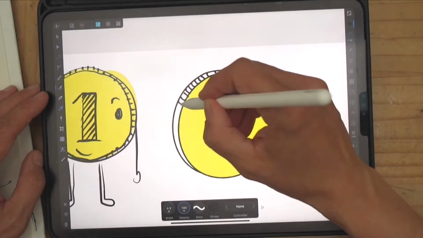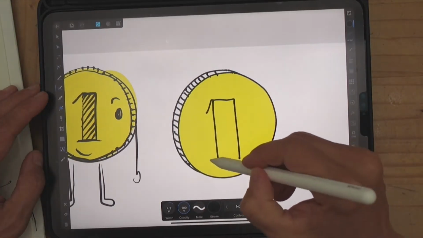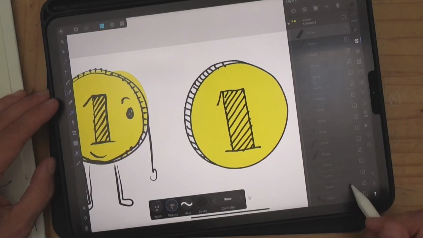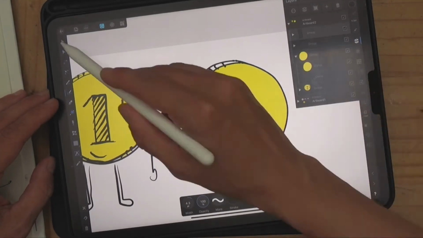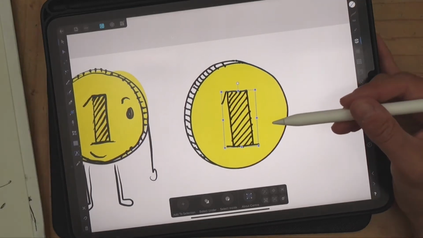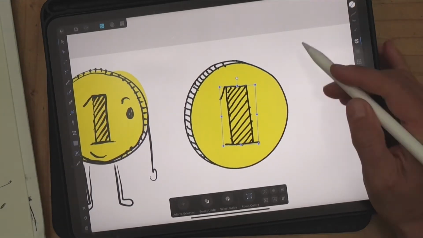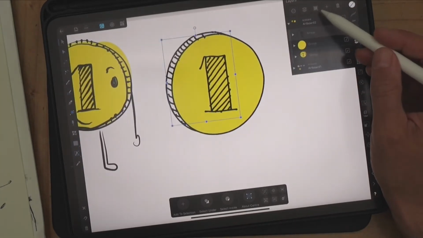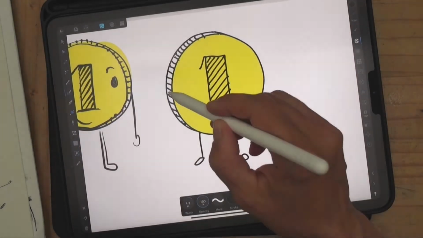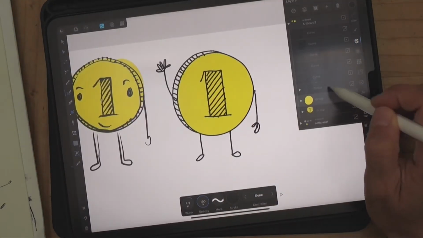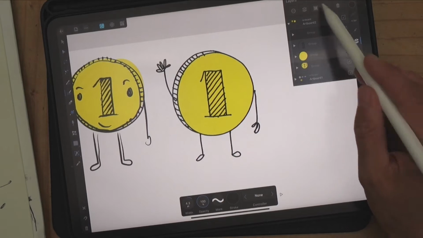Now, you can see me testing the gradients and the line weights and the colors here. It took me quite a while to play around with that. I'm going to just start talking a little bit about that second thing I was saying, and that is about money. So the reason why I'm actually creating these little fellows in the first place is that there's going to